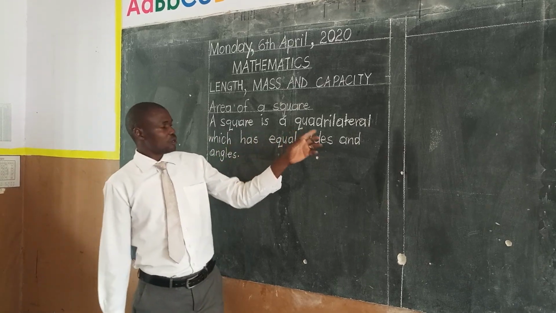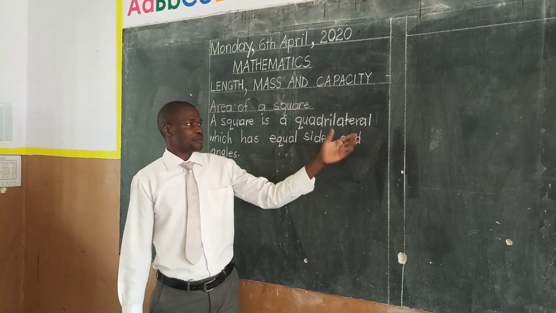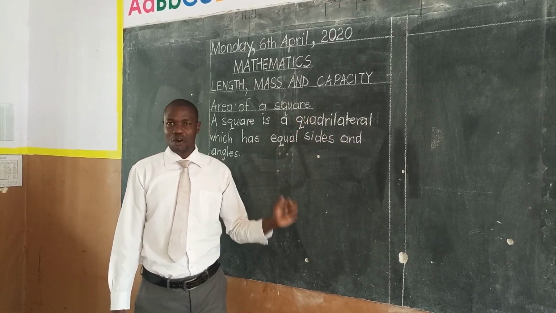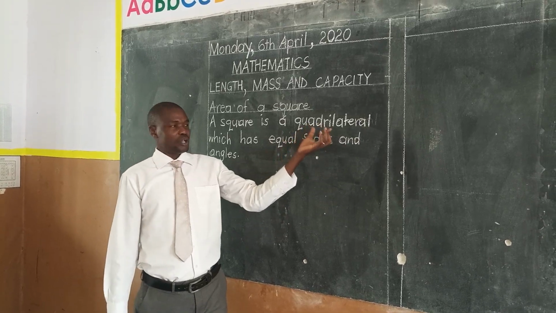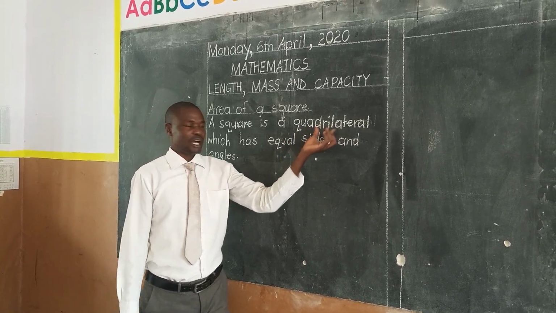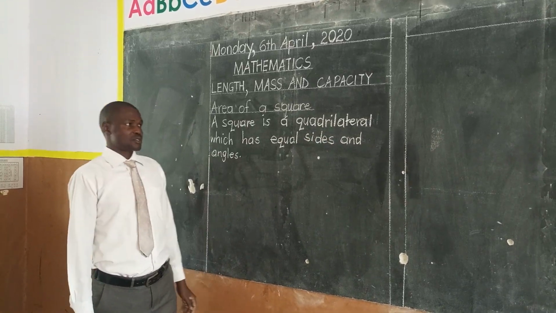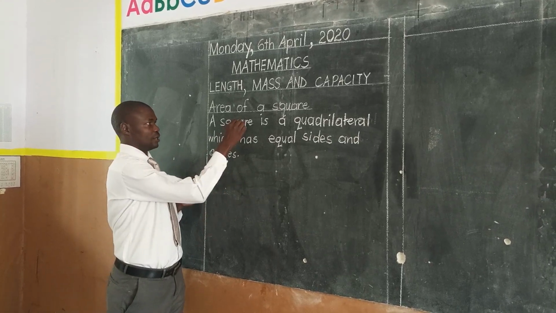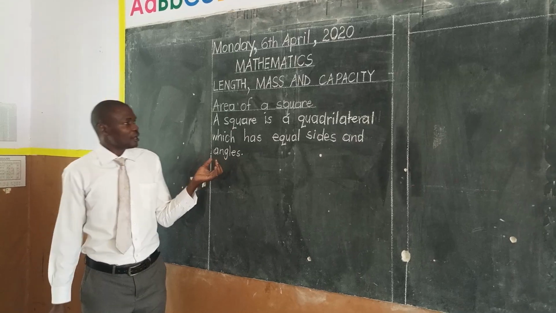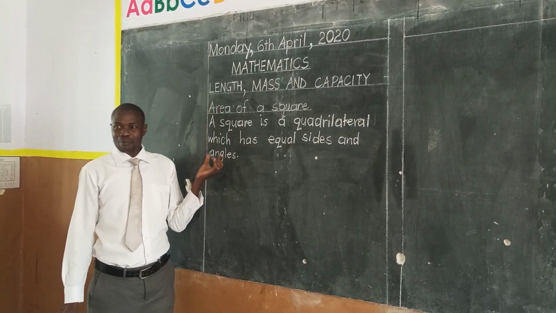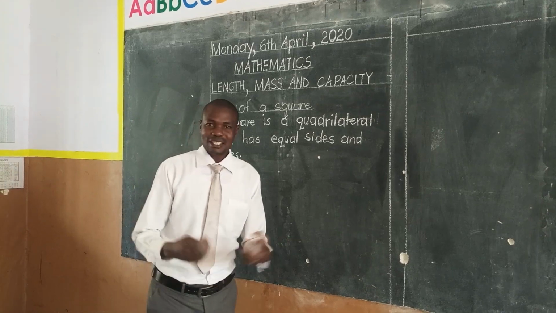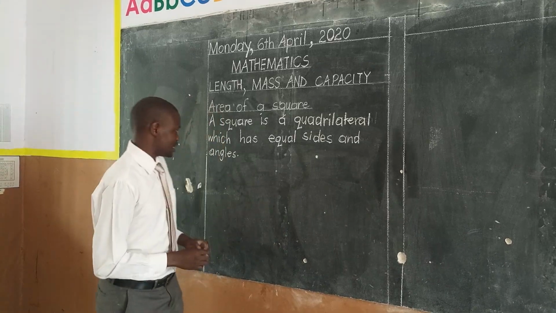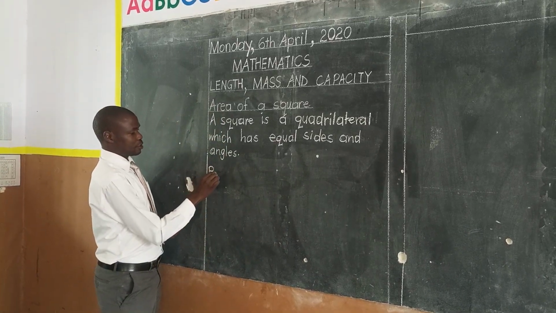Now, this keyword we have here is quadrilateral. It's a big word, simply meaning a general name for all four-sided polygons. All polygons which have four sides are called quadrilaterals. Now here we are looking at only one of them, which is a square. So before we go and get area, let's also look at the properties of a square. What makes a square unique from other quadrilaterals? The specific features that it has. So we're going to look at properties